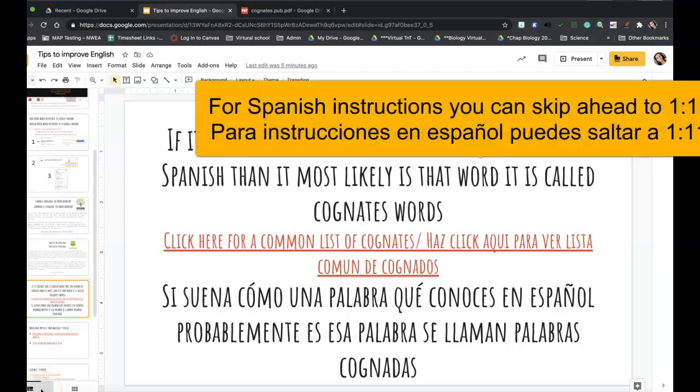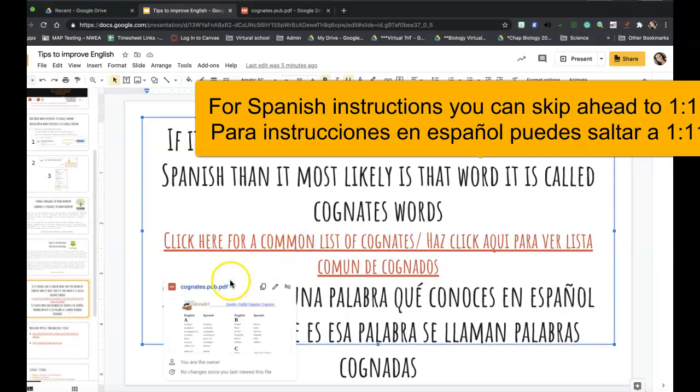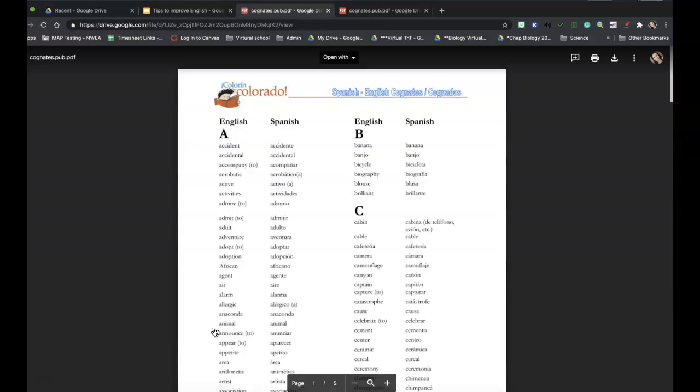Hi everyone, so in this video I'm going to show you how to find words in a specific PDF document so you don't have to look through the whole thing. So first, for example, this is going to take me to a link of glossary words, but I want to particularly find one word. So what I'm going to do is hit Control F if you're on a Chromebook or Windows, or Command F if you're on a Mac